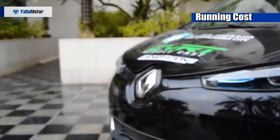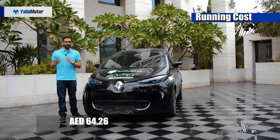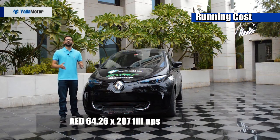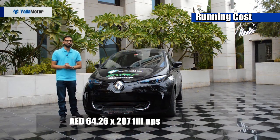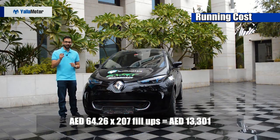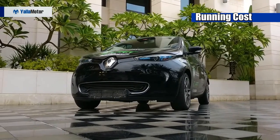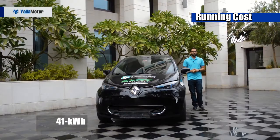Let's multiply the price per tank, which is 64.26 dirhams, by the number of fill-ups, 207, and the total amount of money you'd need to spend to fuel the Chevrolet Spark till 100,000 kilometers is 13,301 dirhams. On the other hand, the leaner and greener Renault Zoe is armed with a 41 kilowatt-hour battery pack